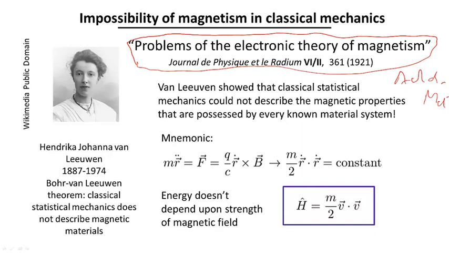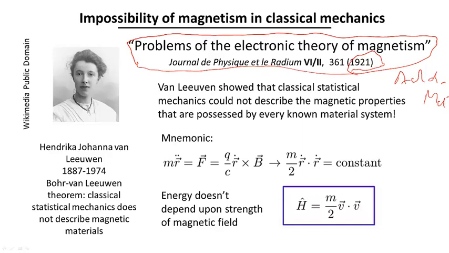physics. Now, it came in 1921, so by that time it was quite clear from atomic spectra, for example, that classical mechanics had to be supplemented. But this is a result that affects a phenomenon used to navigate ships, used throughout industry, magnetism, a very important fundamental feature of the world. So why is there a problem in classical mechanics?